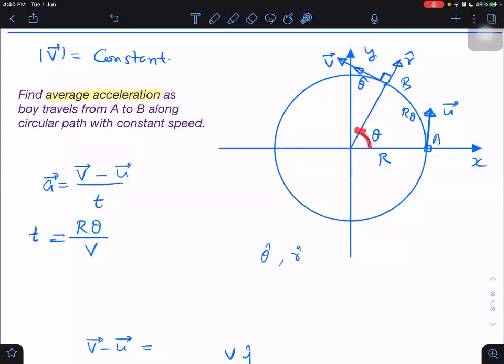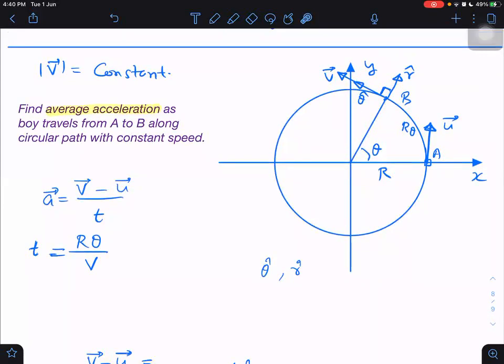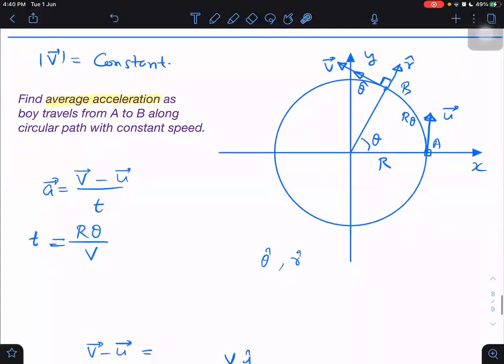So can we say tangential? Tangential, always we cannot say. In circular motion, we can say it is tangential, but sometimes the particle may be moving in another path. For example, this red colored path. Then the tangent will be this side. But theta cap will always be perpendicular to r cap. In all cases, tangent is not possible.